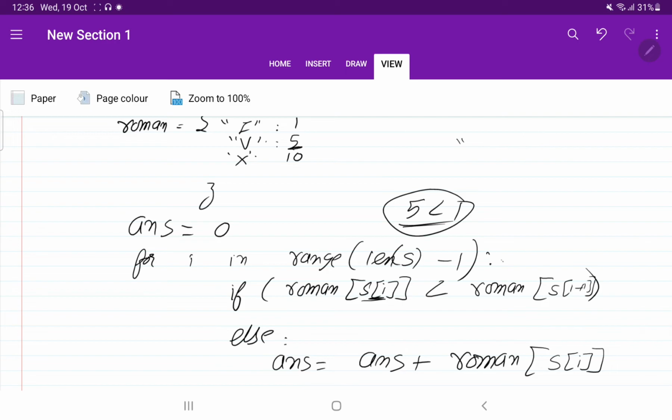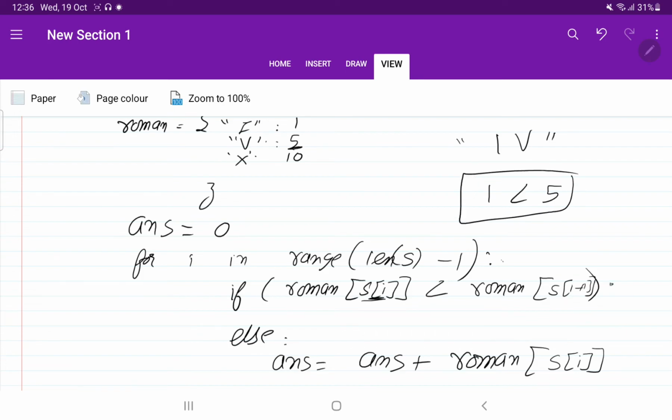Suppose they are not in decreasing order, suppose this is the situation. Here the first value 1 is less than 5. This condition is true, so it will go inside this if condition. Here we are going to reduce the answer by this value. So answer will be equal to answer minus Roman of s of i.